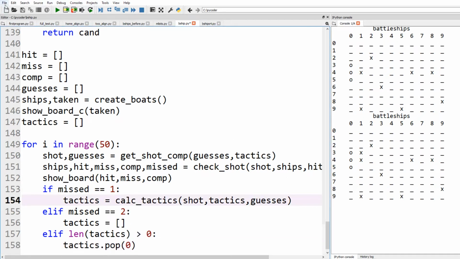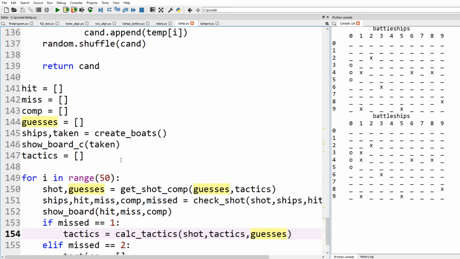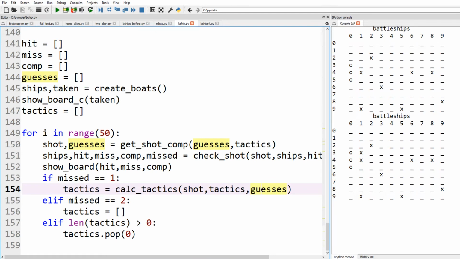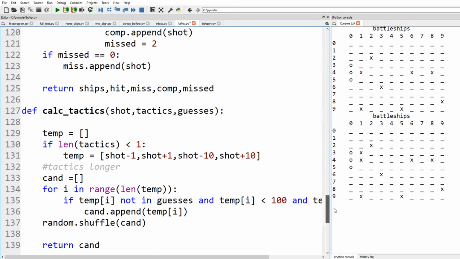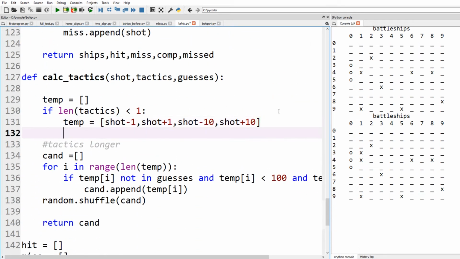So that's our tactics if we've hit, then missed, and if we've completed the boat. So now what we need to do is work out what happens when we've got a hit and then we've hit again. So we need to pass hit, the list of hits, to our calc tactics. Now in here we've got if length of tactics is greater than 1. So if it's more than 1,